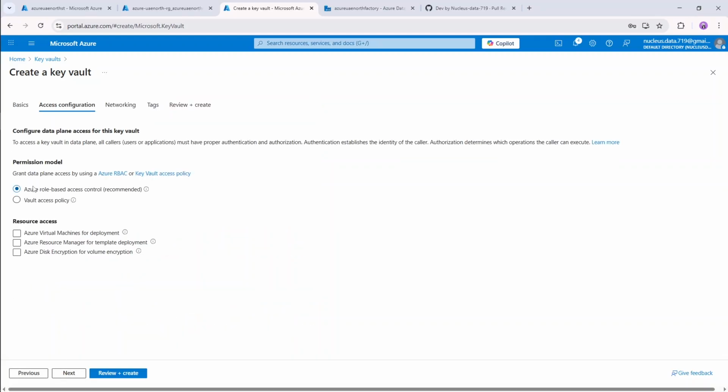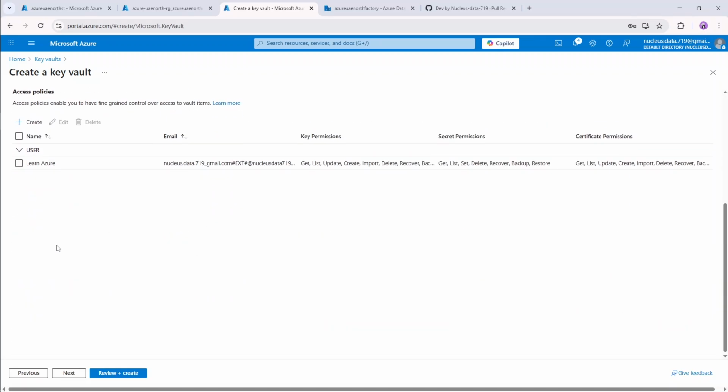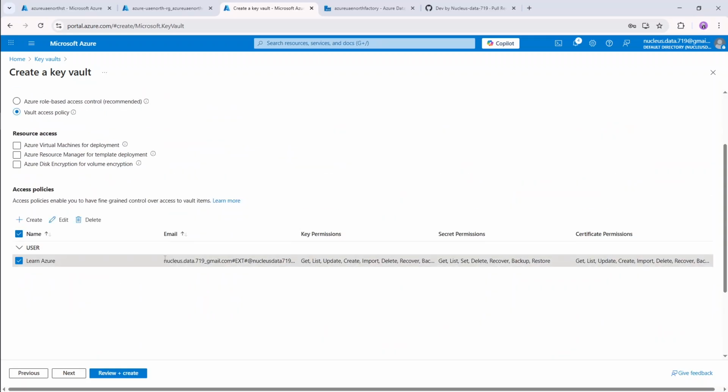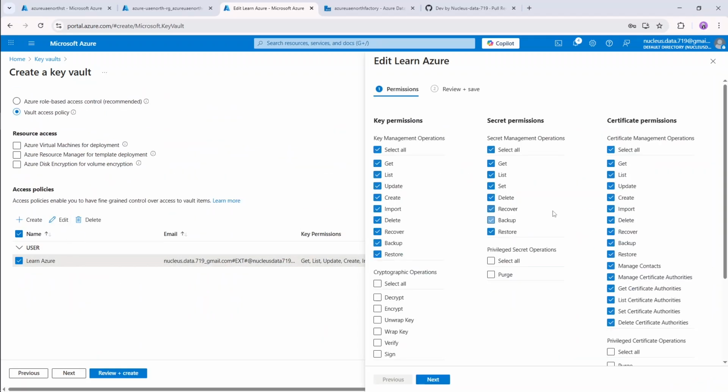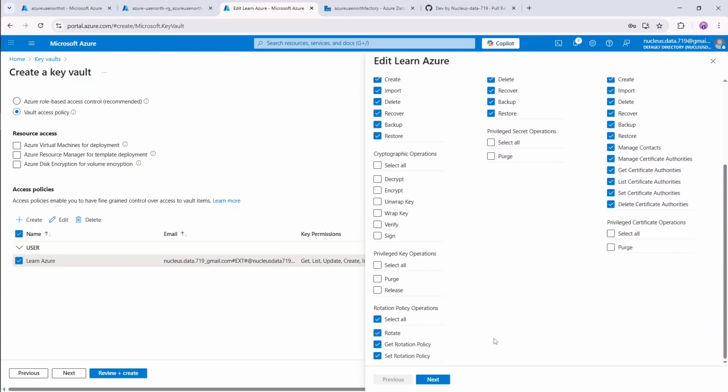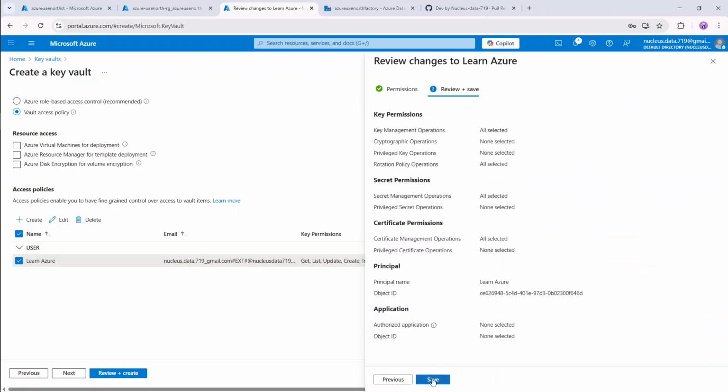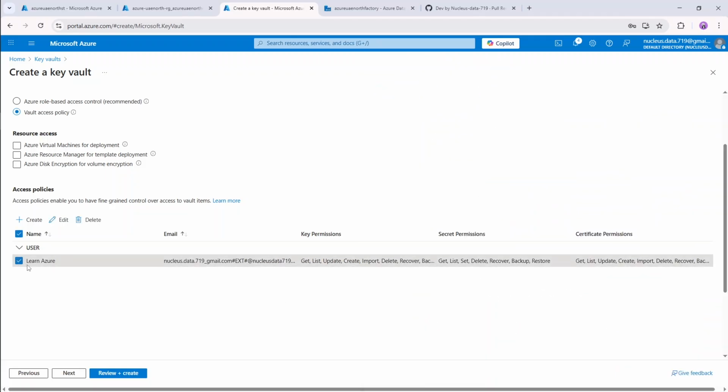Now the permission models are role-based access control or vault access policy. Vault access policy is like giving keys to individual people one by one, while role-based access control RBAC is like giving people roles like manager or employee, and the role decides what they can do. Okay, so for now we will go with vault access policy. Now here you will select the user and what permissions you will give it. Okay, now you can see these are the permissions already given, and next, and you can save it from here. Okay, so next,